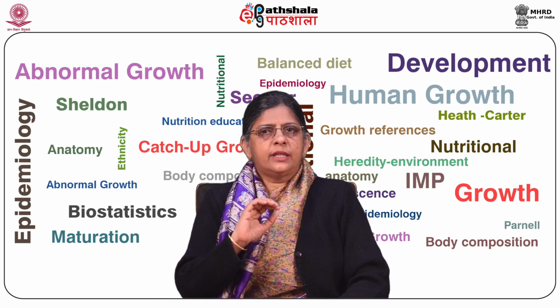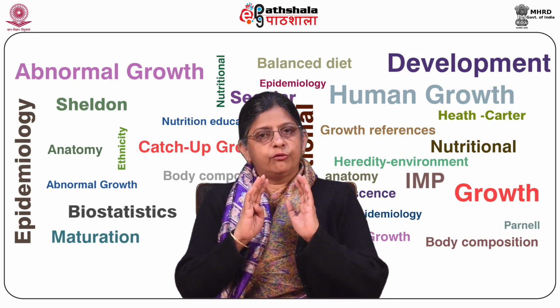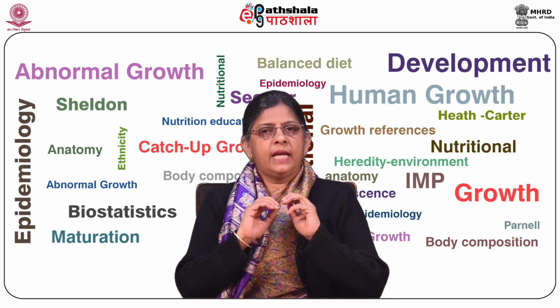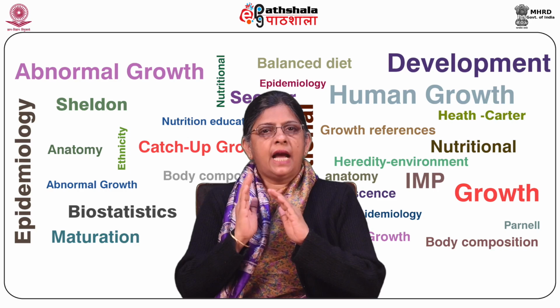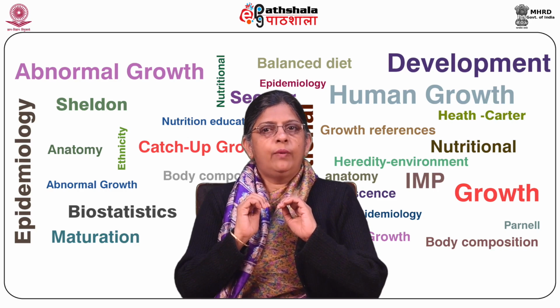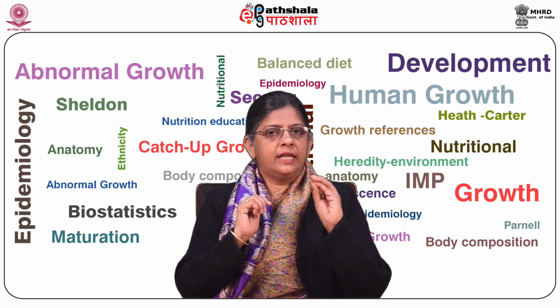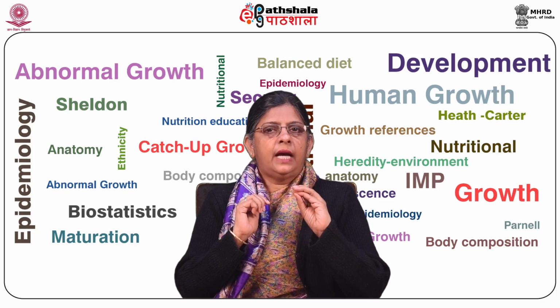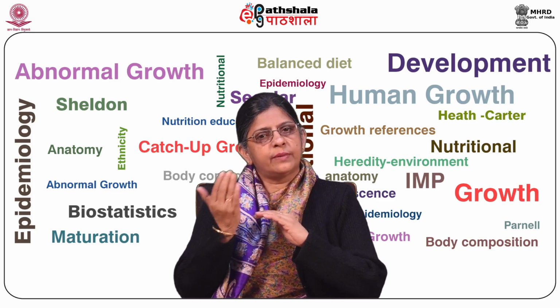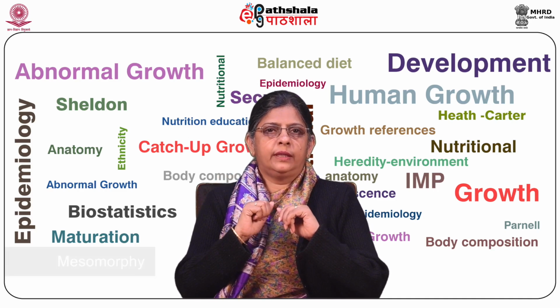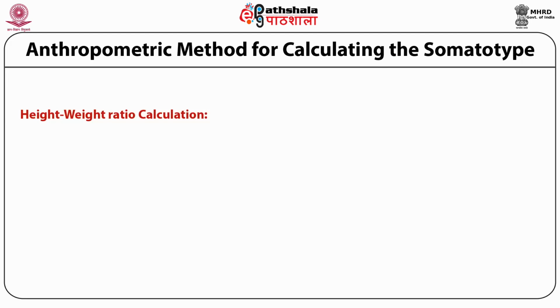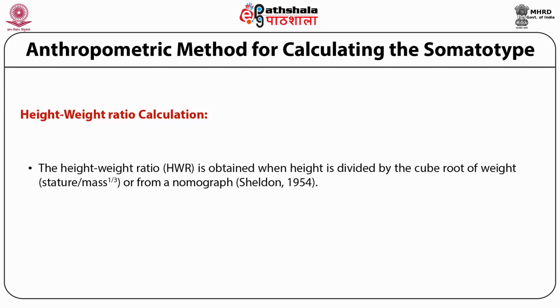2. The table is constructed so that the subject is rated 4 in mesomorphy when the average deviation falls in the height column of the subject, or when the 4 circled values fall in the subject's height column. That is, the average deviation to the left or right of the height column is added to or subtracted from 4 in mesomorphy. Height-weight ratio calculations: the height-weight ratio is obtained when height is divided by the cube root of weight, or from a nomograph.